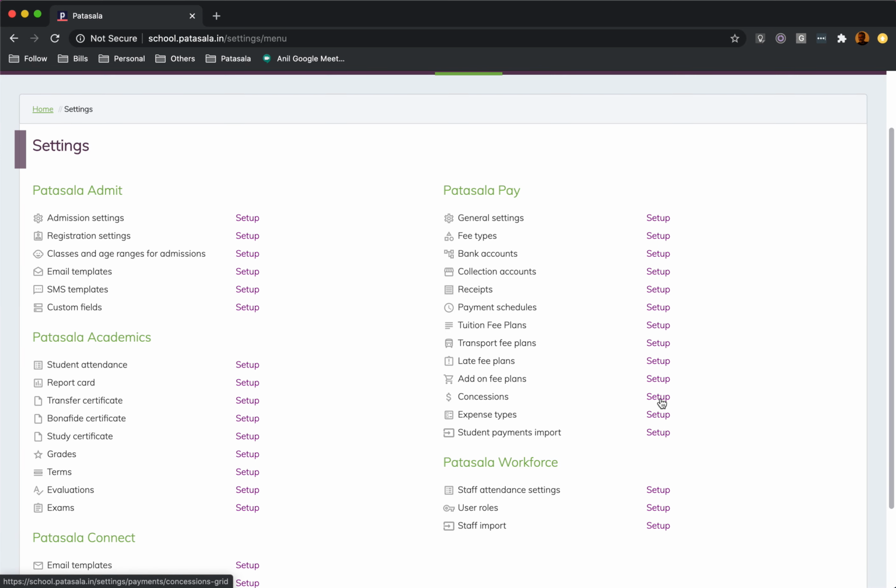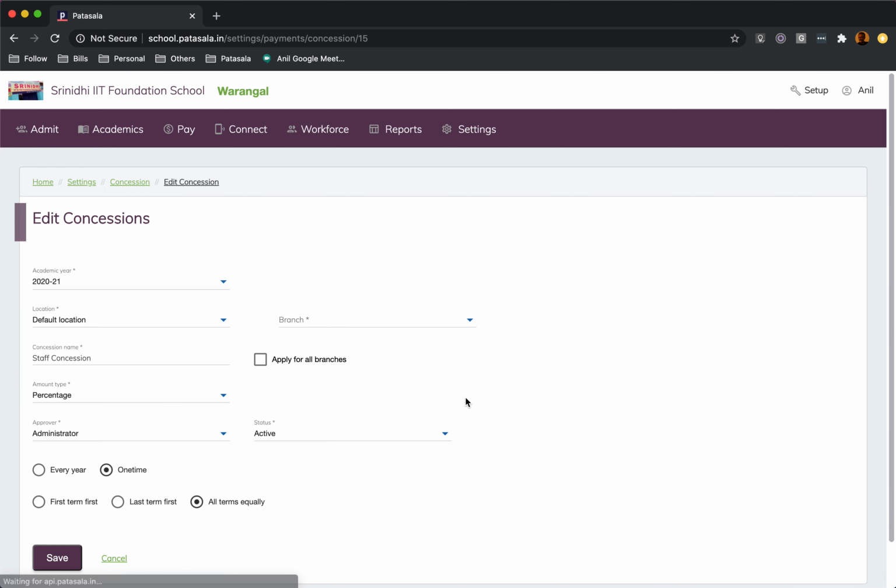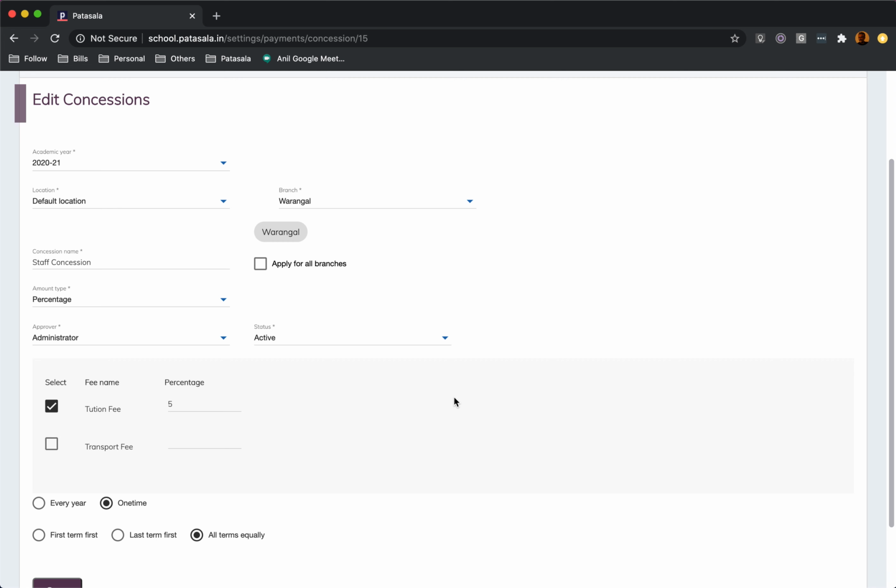And then there is also a concessions module, where the fee plan is a mass discount, right? Now, all staff children get a 10% discount every year is a mass fee plan, and then by putting a student in a staff child category, you will automatically apply that discount. However, you will have situations where you have to issue one-off discounts, and we call them concessions. So you can go here and then add a concession. And this is not something that's applied by default. So while collecting fees, you have to apply a concession.